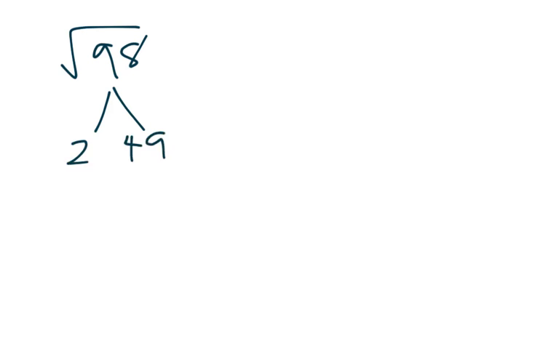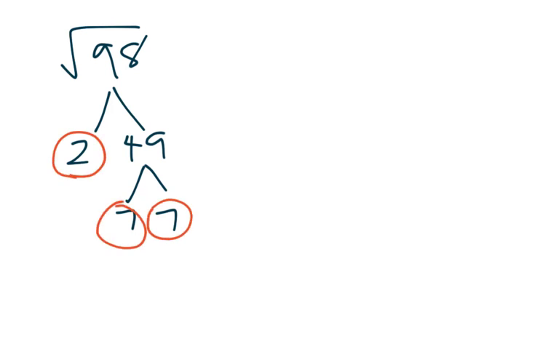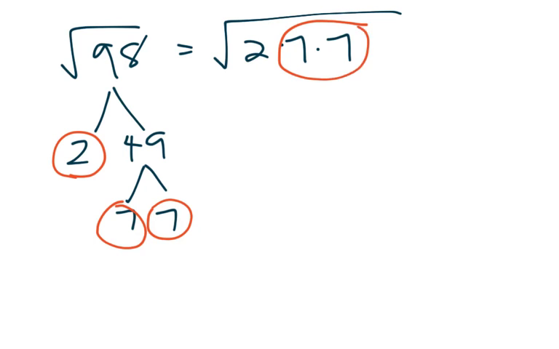So the square root of 98. Well, 98 is even, so if I take half of 98, it's actually 49. And 49 only has 3 factors, 1 times 49 and 7 times 7. So 7 times 7. So I got 2, 7, and 7. So what's going to come out are the pairs of 7. But don't forget, because there are 2 of them under the radical, they only come out as 1 outside of